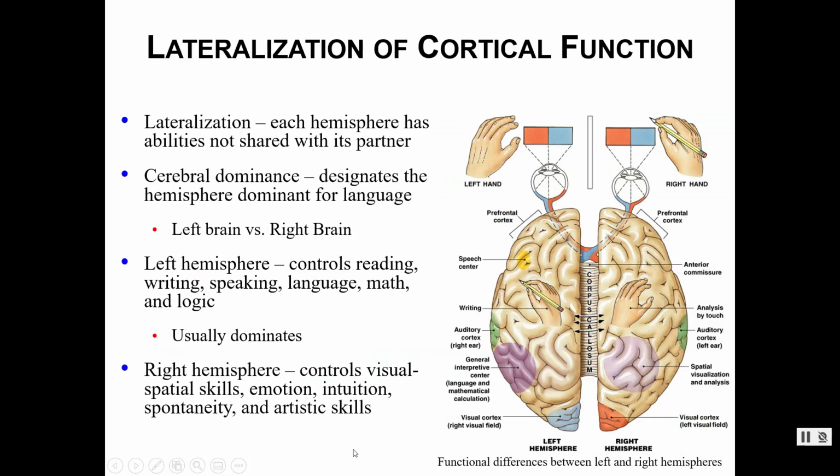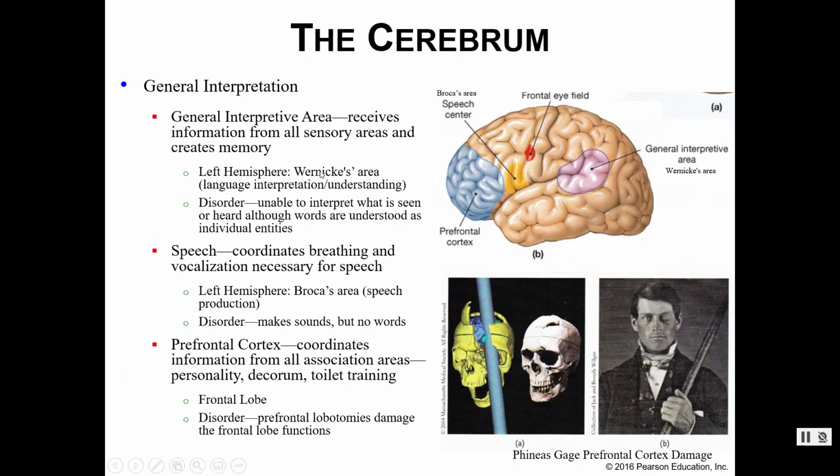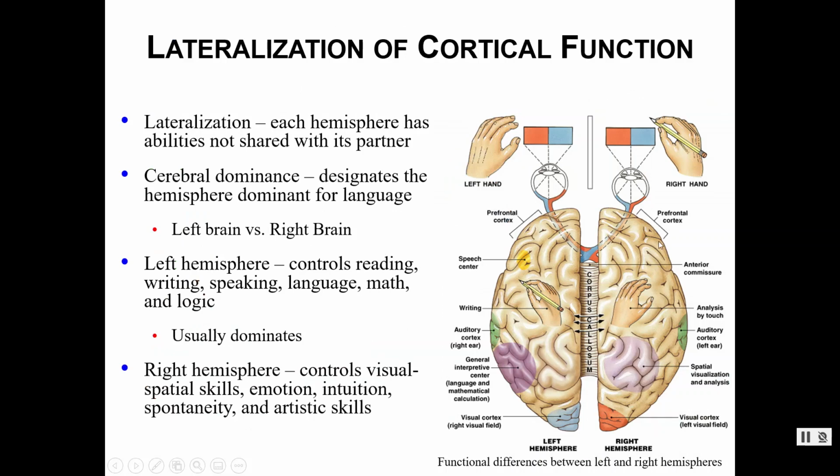So we've talked a lot about very particular regions of your cerebrum, and we've briefly mentioned on the last slide that Wernicke's is in the left hemisphere and Broca's is in the left hemisphere, and I keep saying the right hemisphere seems to be kind of shortchanged. But we've got lots of things going on in your right hemisphere as well. Some things that your left brain is responsible for, we're not necessarily going to see on the right portion of your brain, and vice versa.